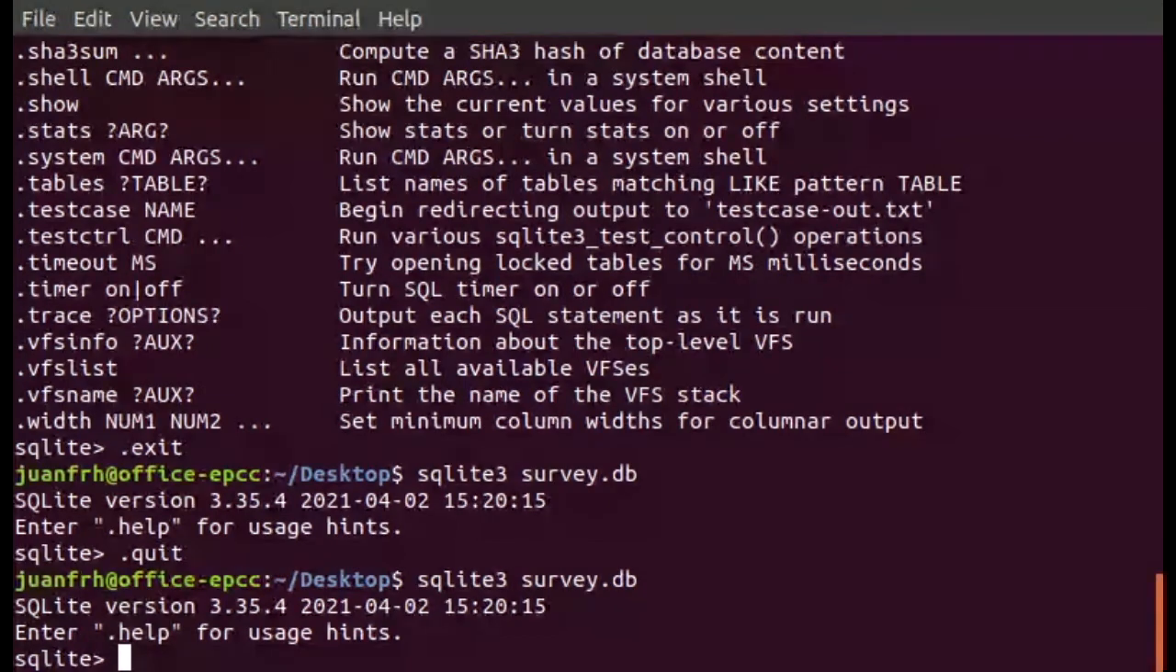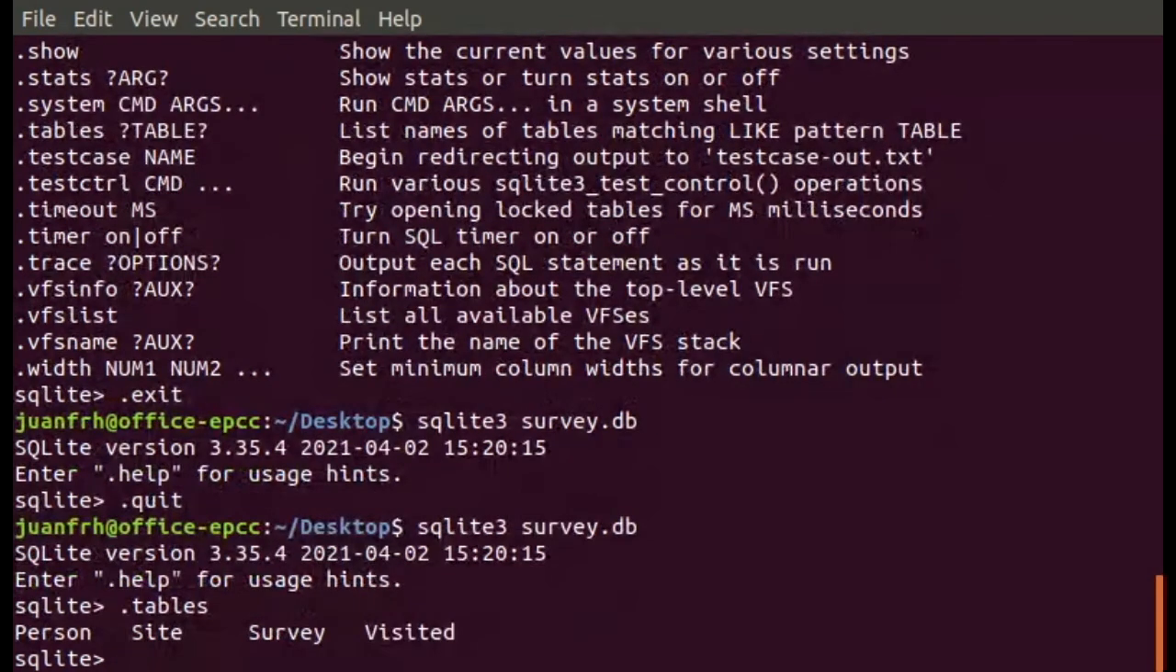So these commands are specific for SQLite. To see the tables that we have, we need to type .tables. And we see in this case that we have person, site, survey, and visited. So we have these four tables. But it would be good to see the content of each table, or at least the structure of the table. So we have the command .schema